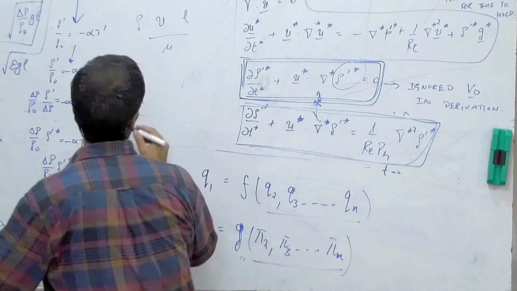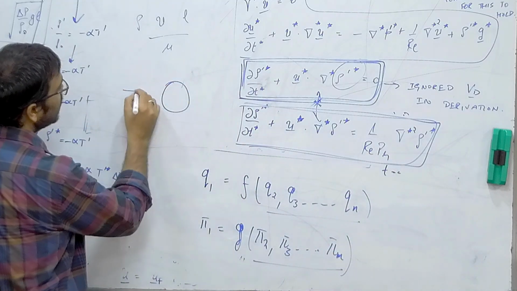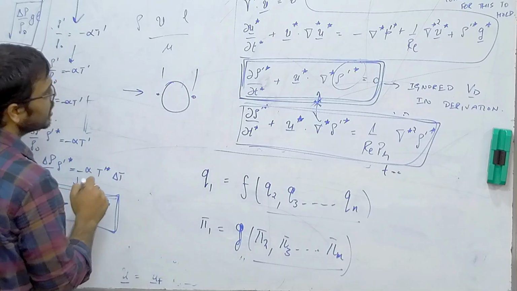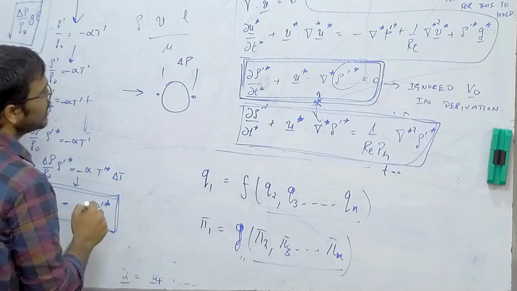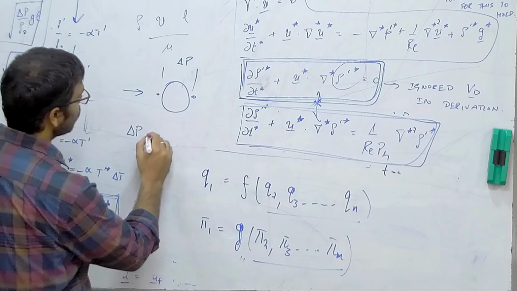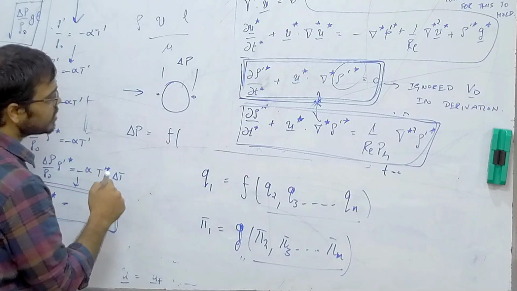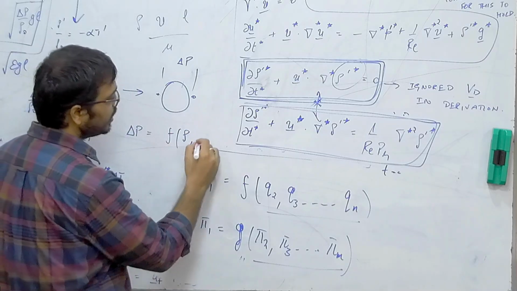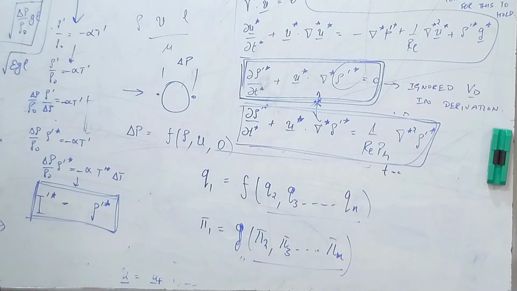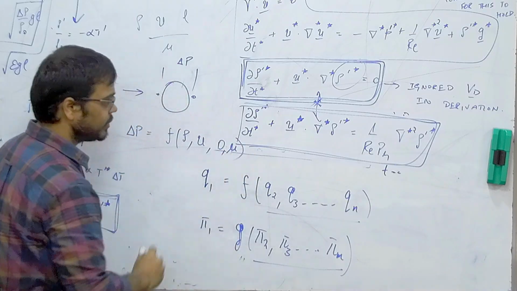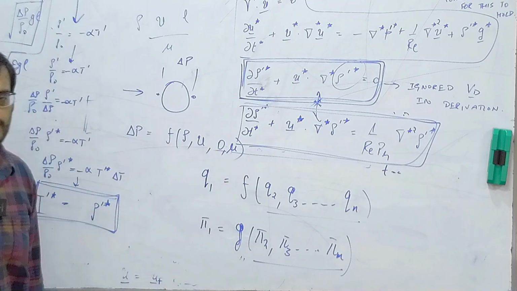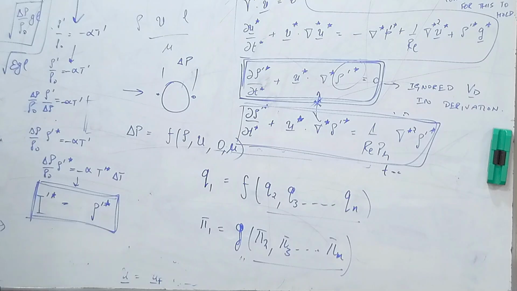For example, let us say there is a sphere and you have some pressure difference between two points, the upstream and the downstream location, and due to that pressure difference you have some drag force acting on the sphere. You say that this pressure difference is going to be a function of the density of the fluid, the velocity of the fluid, the diameter of the sphere, and the viscosity of the fluid as well. These are the parameters on which this pressure difference depends,